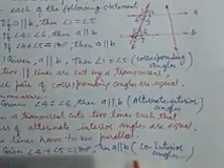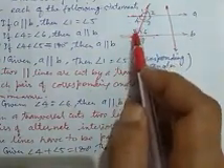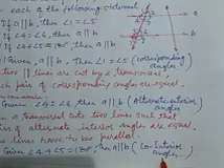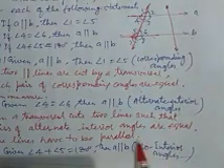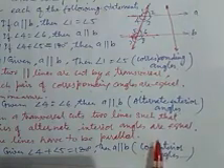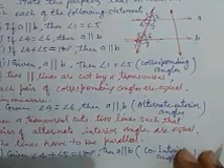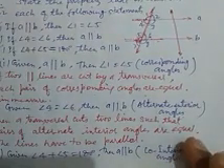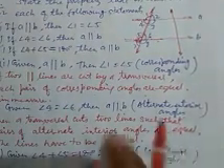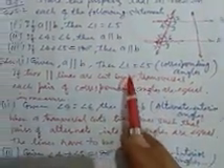The interior angles on the same side of the transversal are also known as co-interior angles. So we can write in short: co-interior angle. Watch this video carefully two times, then you will understand everything, and on the basis of this information you have to solve all the questions.